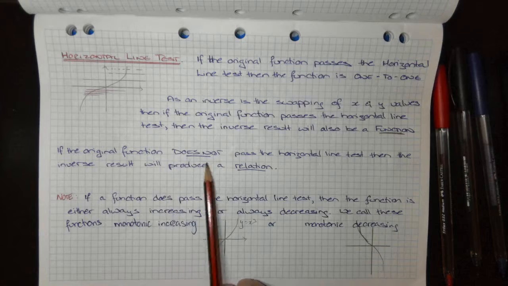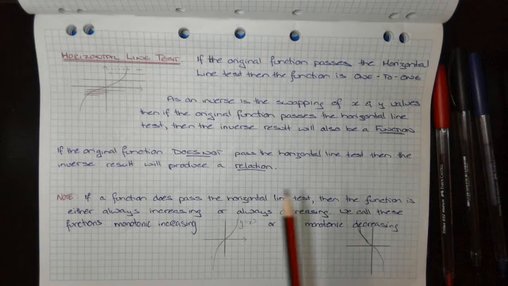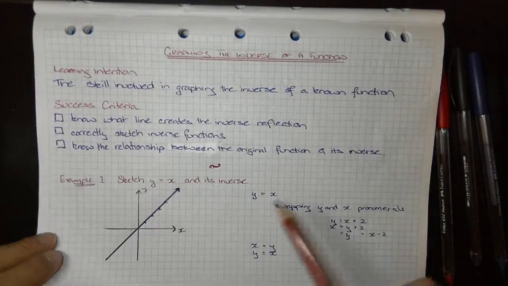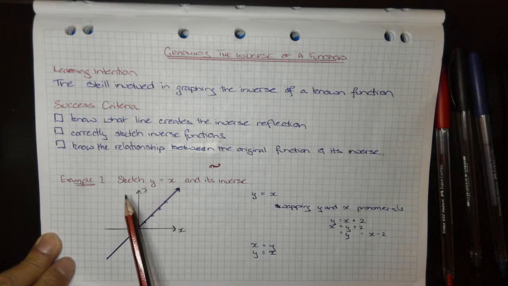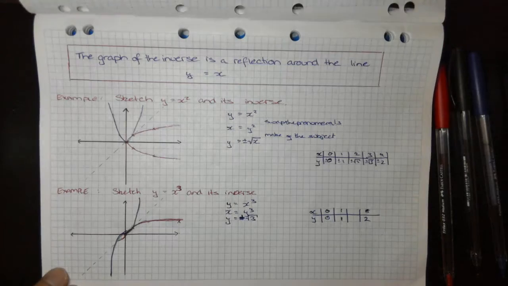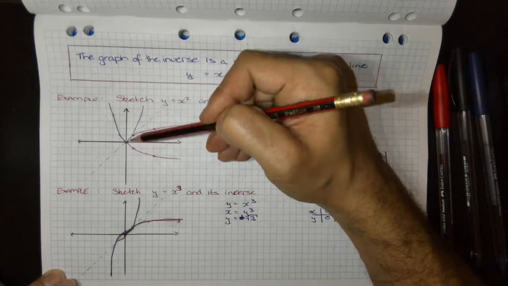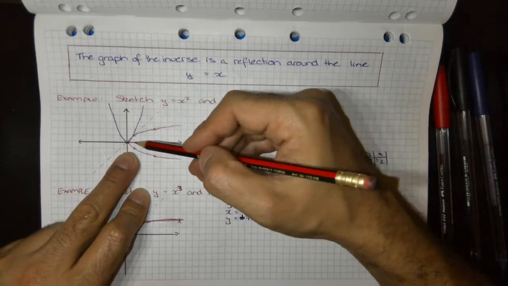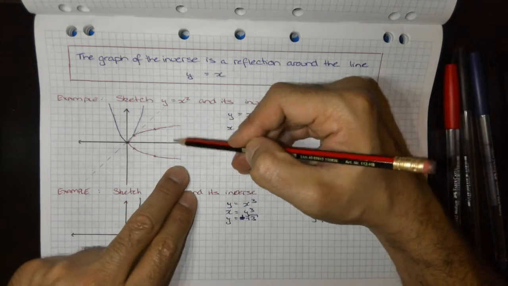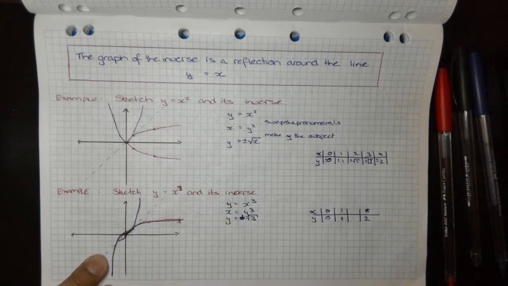If the original function does not pass the horizontal line test, then the inverse will produce a relation. So if we go back to these examples, the first example was y equals x as a straight line. So a straight line will always create an inverse function. This parabola, this quadratic, is a function, but when we do the inverse, it becomes a relation, where we have many to one. Yeah, many to one. But here we have a cubic, and it does